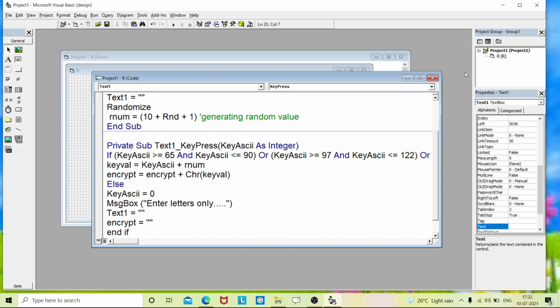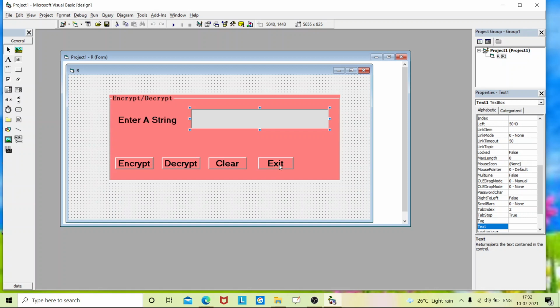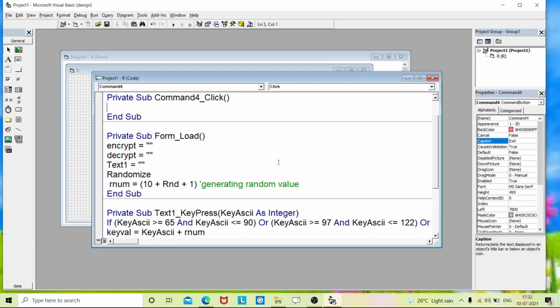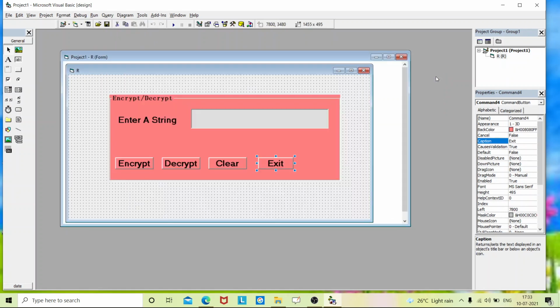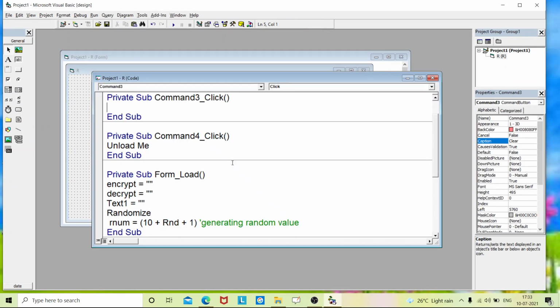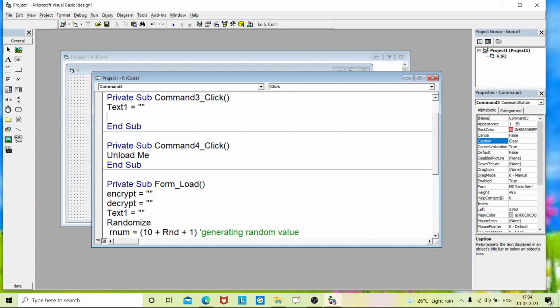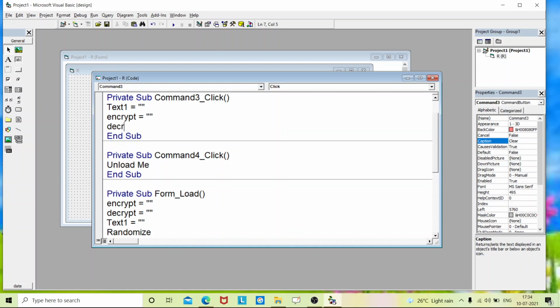So this is the coding for KeyPress, and now we'll code for the command buttons. Double click on Exit and type the code. Again go to Clear and double click on it. Text1 equals empty, encrypt equals empty quotation, decrypt.